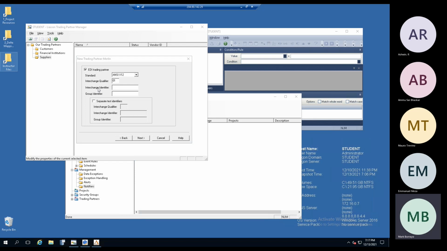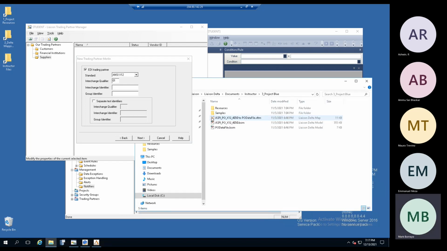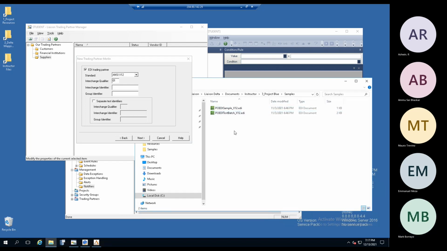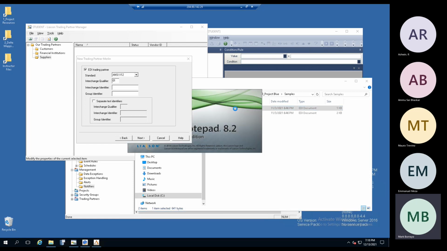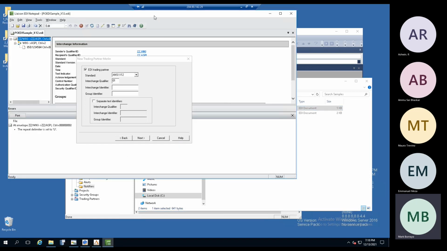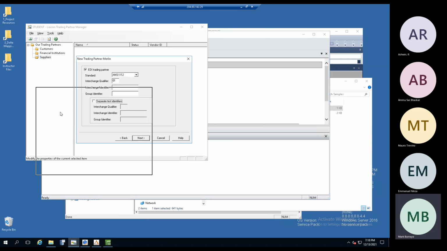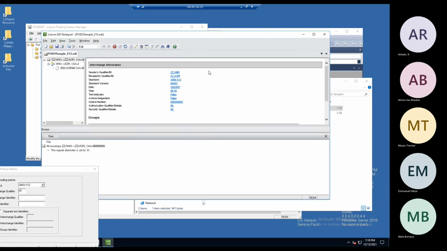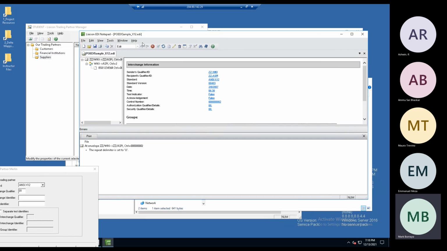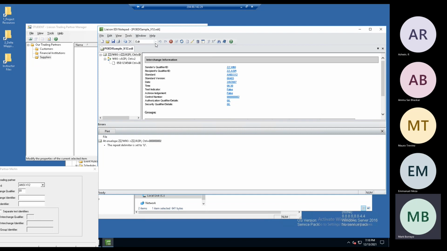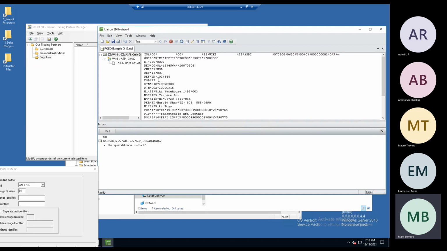Let me try this on blue. So I'm going to go ahead and double click on this .edi extension. What you're about to see is our proprietary X12 reader. Let me just put this down here to the side. This is EDI Notepad, and what it will do is it will take the raw X12,